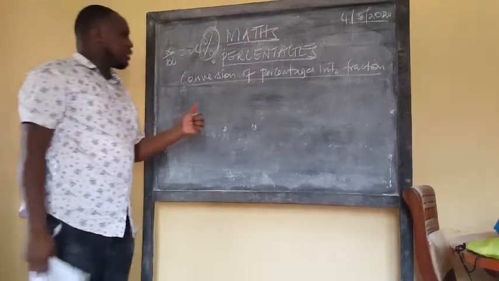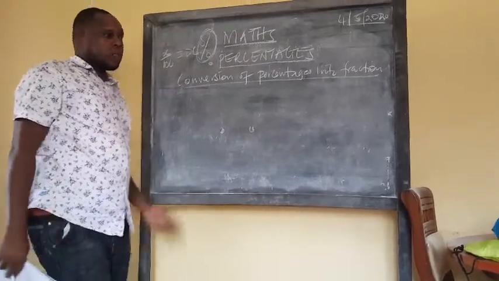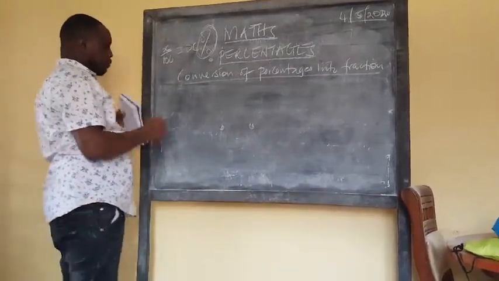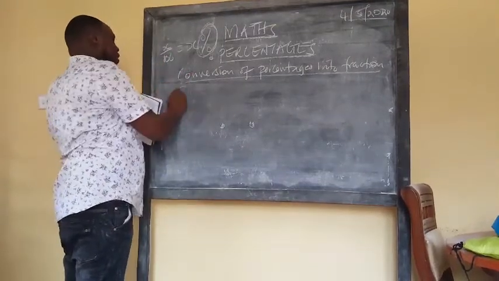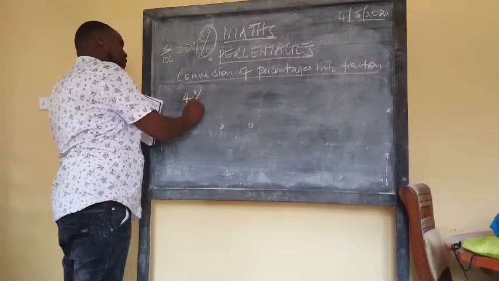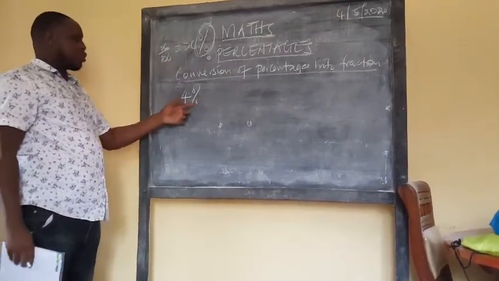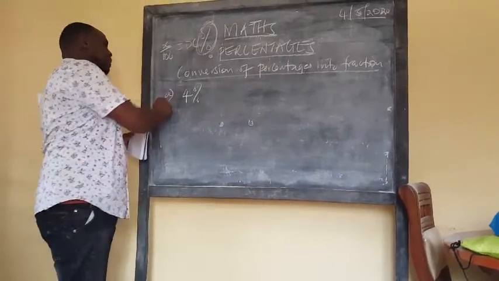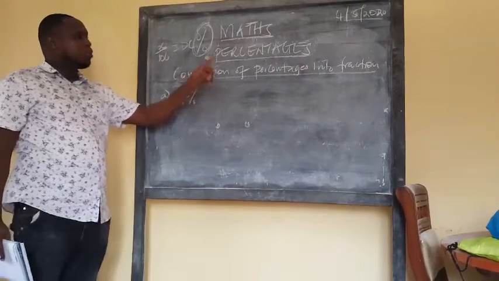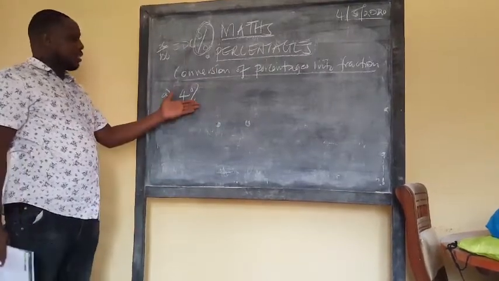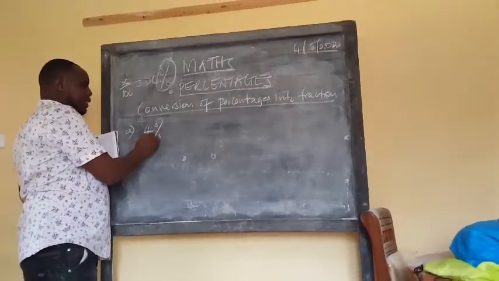Now, how do we convert a percentage into a fraction? So for example, let's take a percentage like 4%. I've said we're going to use the slashes. We are not going to write this. We're going to use the slashes. So this simply means 4%. How are we going to convert 4% into a fraction? Remember, this is a percentage. So for us to convert 4%